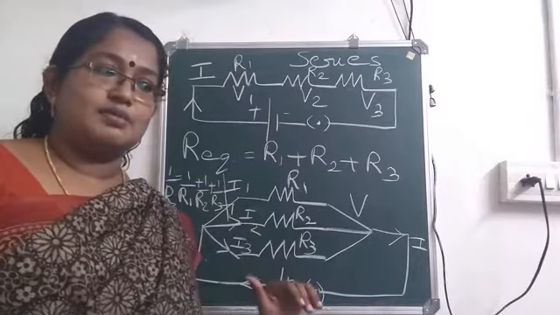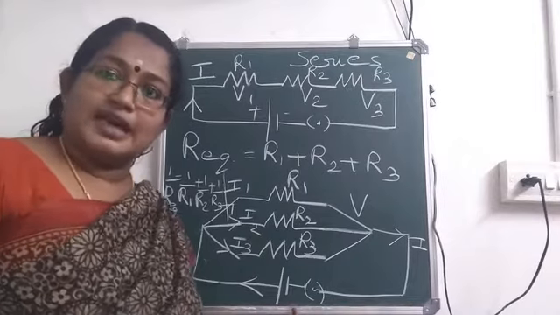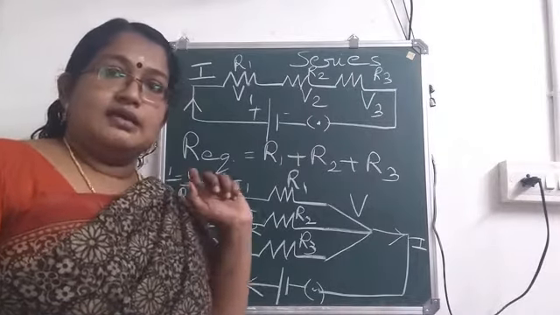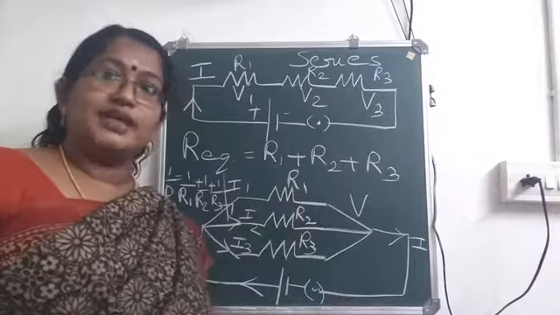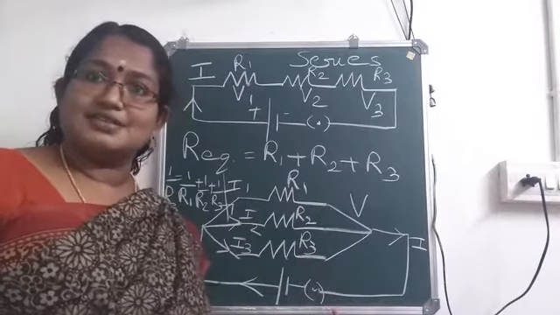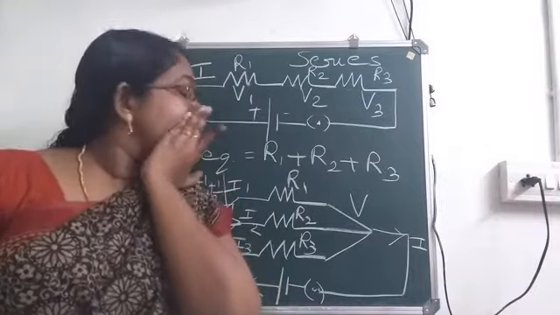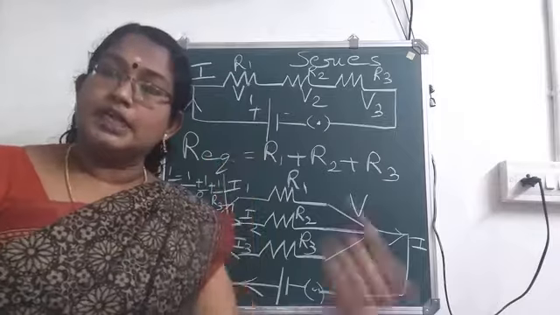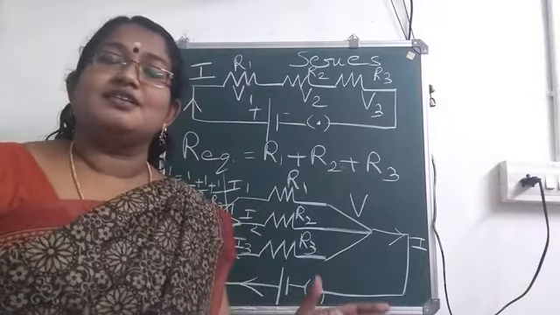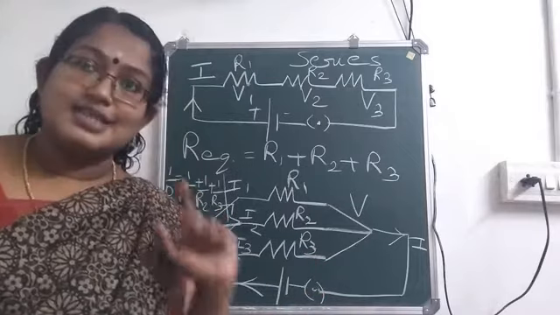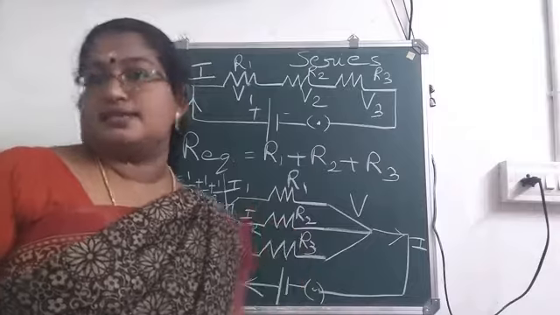What about parallel connection? What all things you have to remember? Here each and every resistor is directly connected to the cell or the battery. Resistors will be different. Similarly, we will be having different currents flowing through the different resistors, but the potential will be same. And here, the reciprocal of the equivalent resistance will be equal to the sum of the reciprocals of the individual resistances.